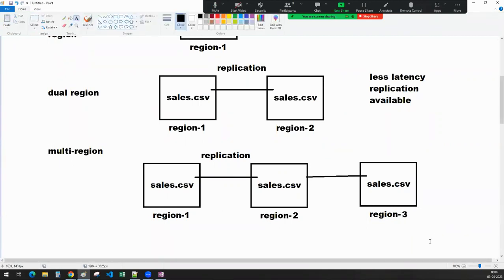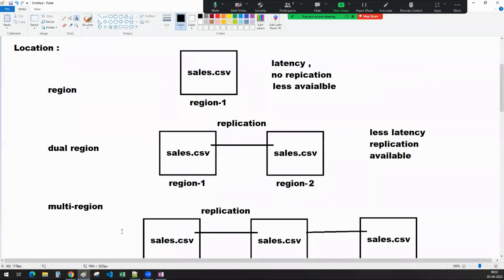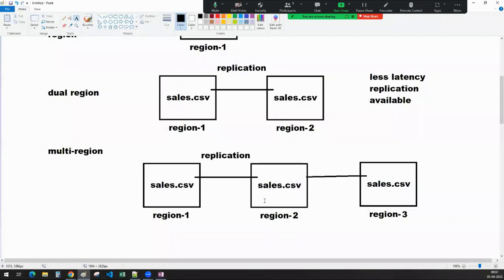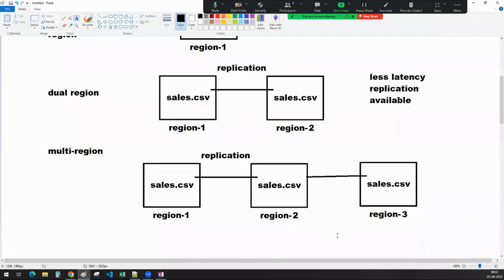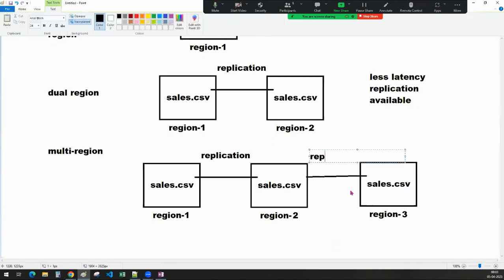What is this one, sir? At any cost. The requirement is very simple. At any cost, because the cost will be increasing from the region to the multi-region. When you get a lot of benefits, the cost will also be there like that, right? So when you go to a multi-region, the data will be replicated to multiple regions,